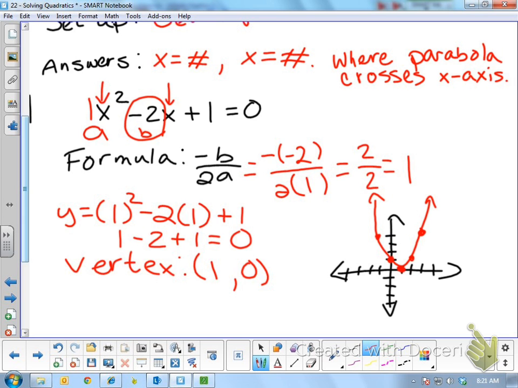So looking at our picture, where does our graph cross the x-axis? I'm going to someone up front say it. 1, 0. Now, when we get our answer, we're trying to find what x is. So we just need the x value where we cross the x-axis. So what's our x value of that coordinate? What's our x value? 1. So we get an answer of,